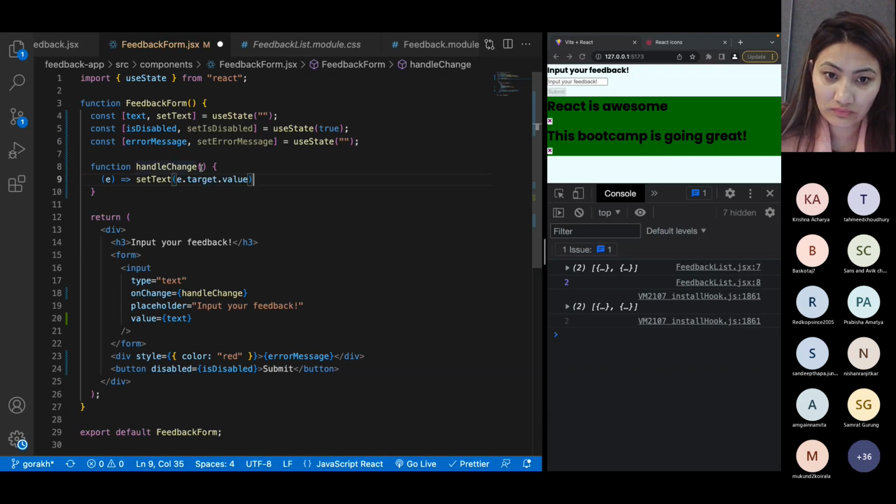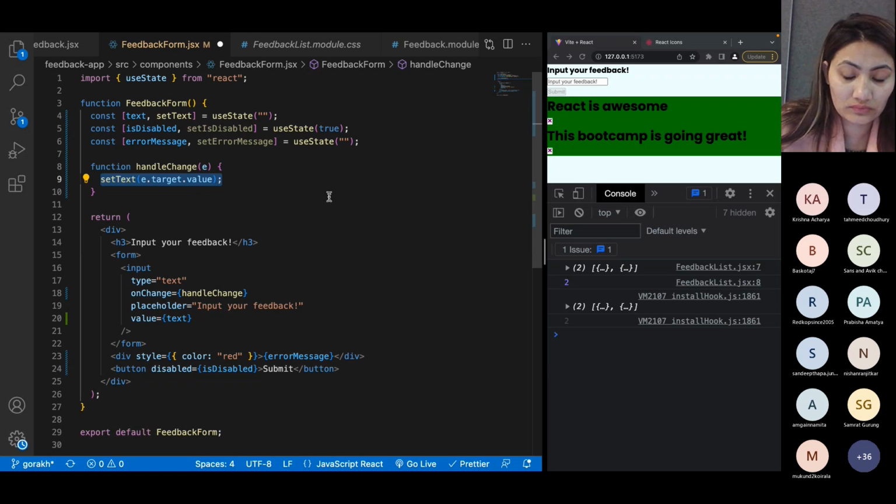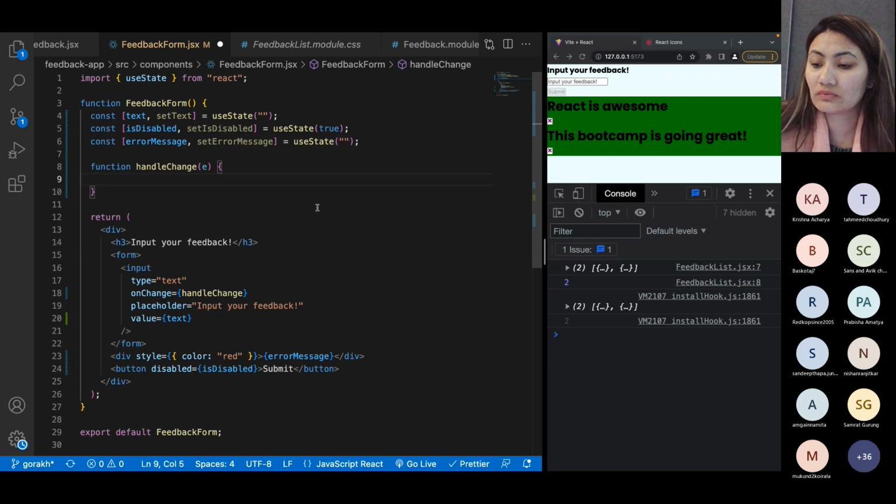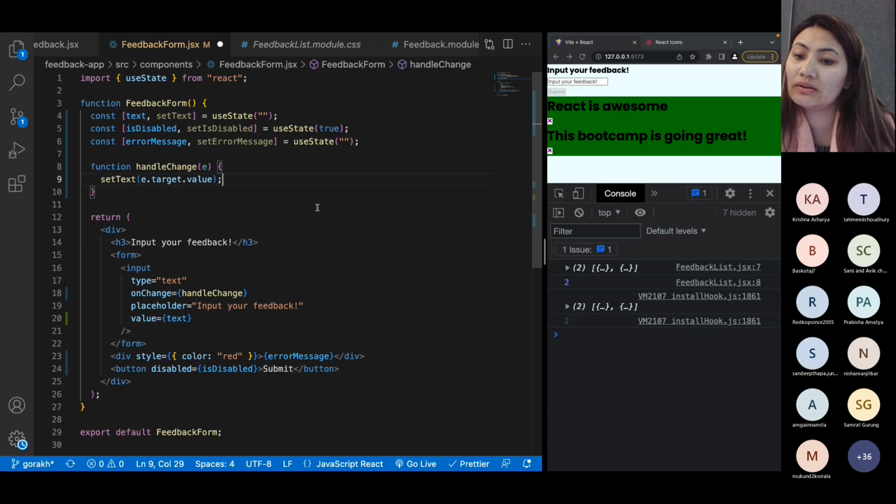We'll accept this one here as well. Now I don't need this arrow function at all. Set this text here, but I will not set this text directly. I will have some validation here, right? So let's say that if the text is not empty, then only set this to some value, right? For example, if I have this directly now here,